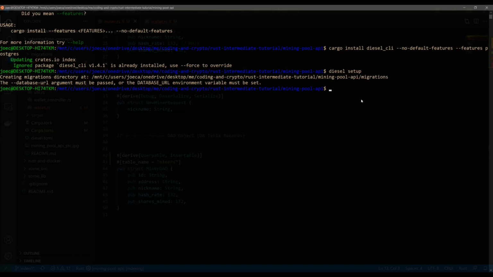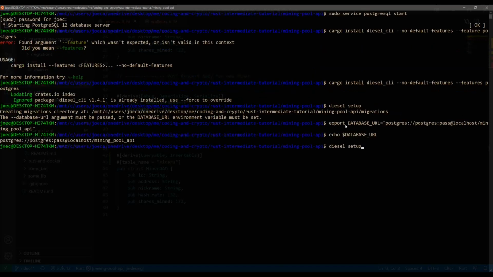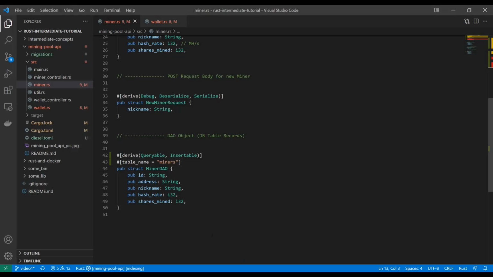So I'm just going to go in and set it to my WSL2 Postgres path here. And so now that that is a successful database URL environment variable, you can see it's accessible from where we're at. Now we can run Diesel commands because Diesel needs to know what database to point to. So no output from Diesel setup, but what that does is it actually creates a few files for you that